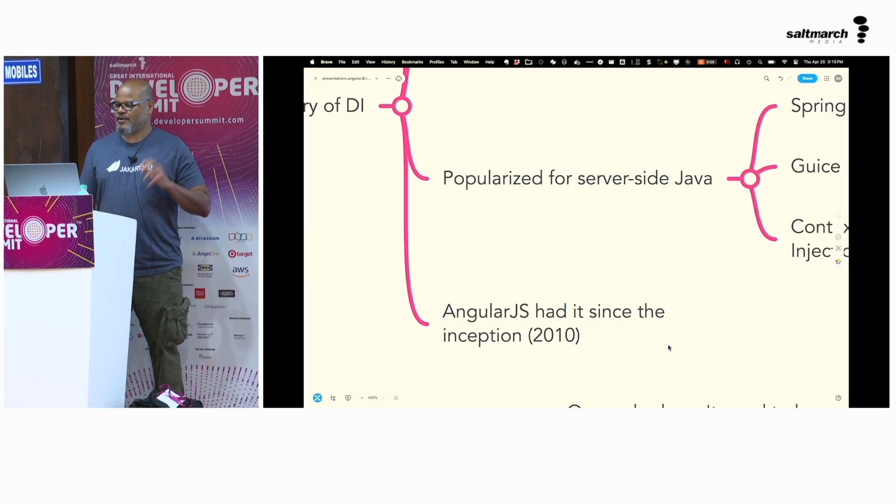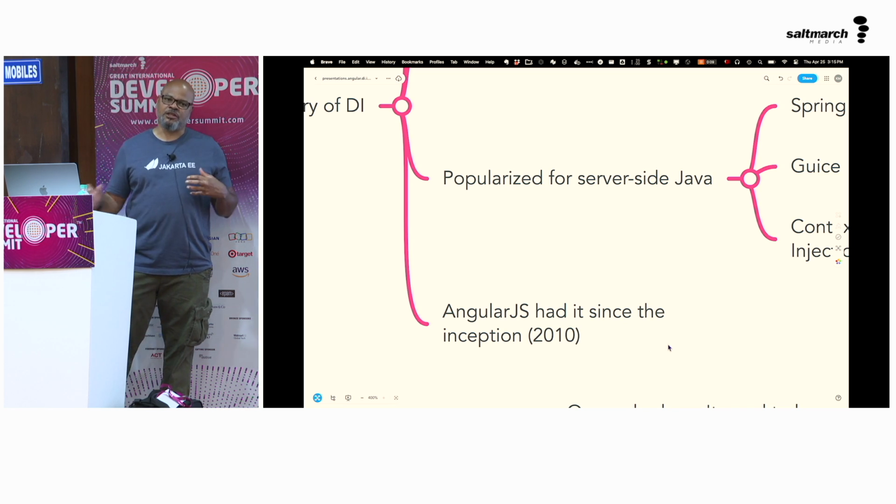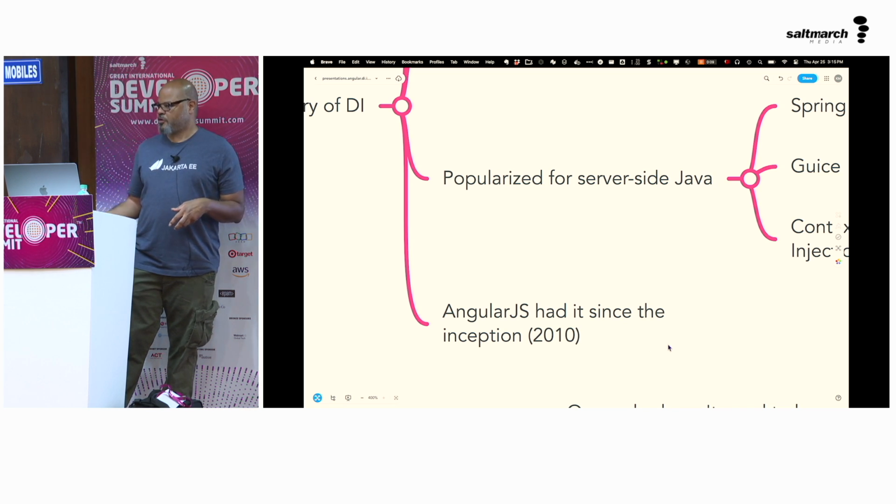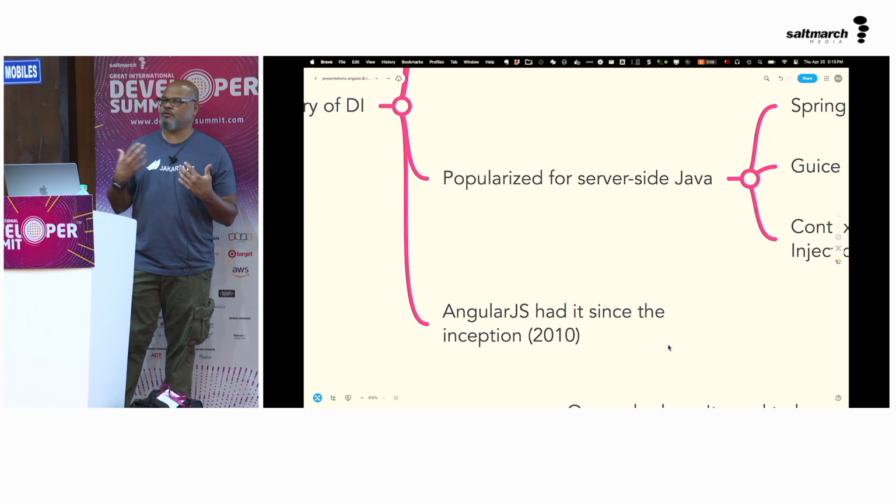So that's the background. Now, the way that it's implemented in Angular is a little bit different than it's implemented in Spring, but it's conceptually similar. What I want to do is take you through how it works, so you can better understand how to use it and what's actually going on, okay?